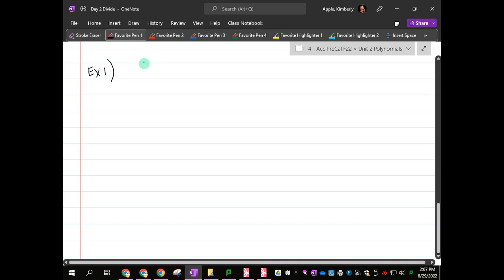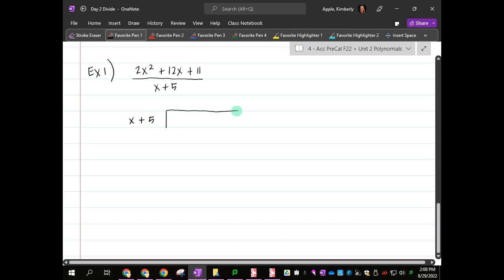All right, let's do 2x squared plus 12x plus 11 divided by x plus 5. So this is one of the ways we can write that, but if I'm preparing to do long division, I need to write it like this. This will be x plus 5, and this will be 2x squared plus 12x plus 11. All right. And once you kind of set up here,